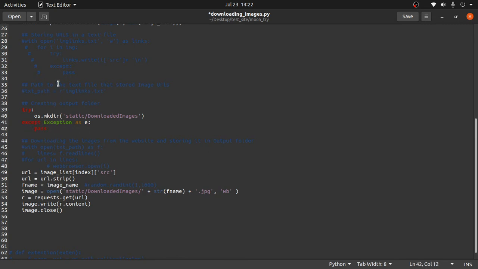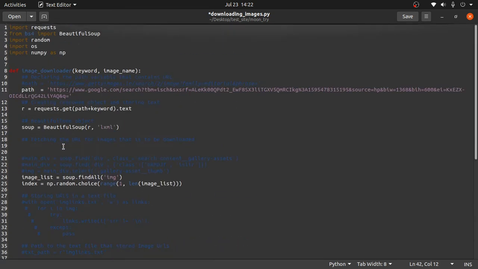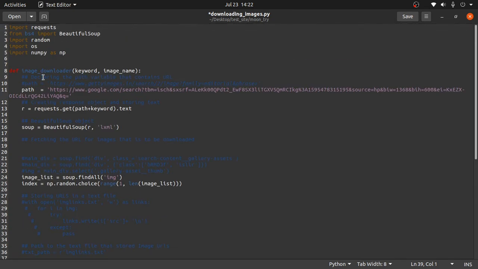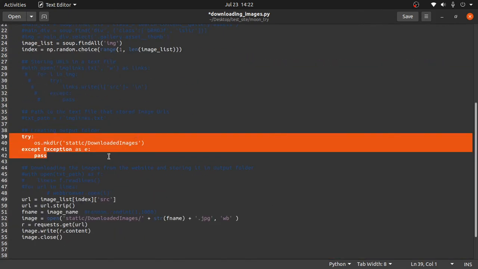Because when I run this script again... actually, we can do one thing. We can cut it out of here and paste it outside the function, so that this line is not called every time we input the keyword and try to download the image.